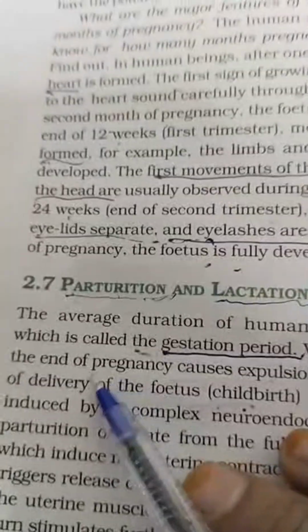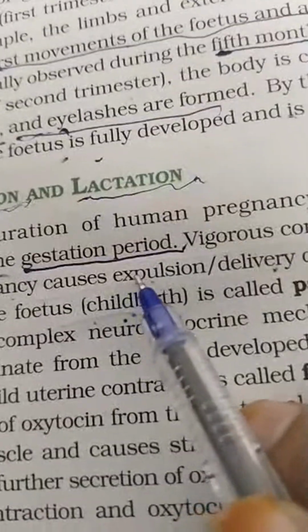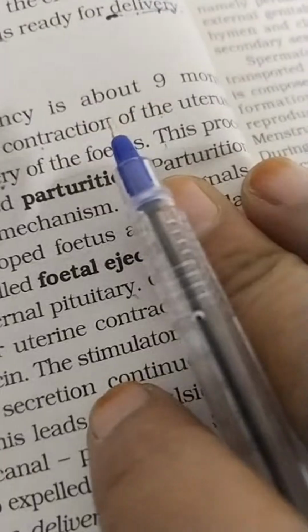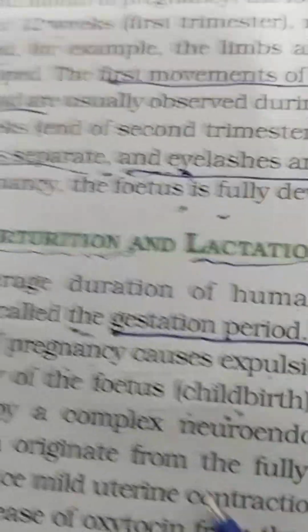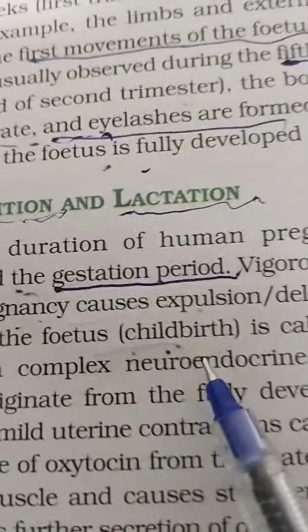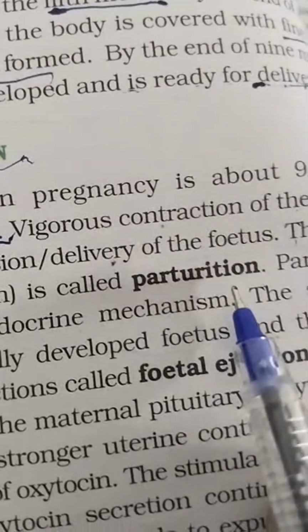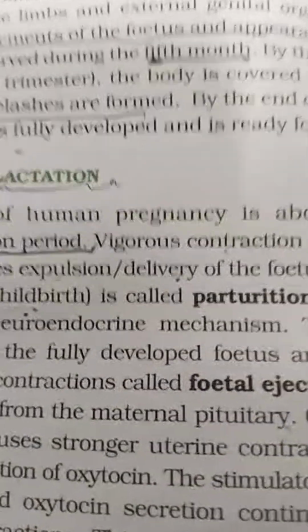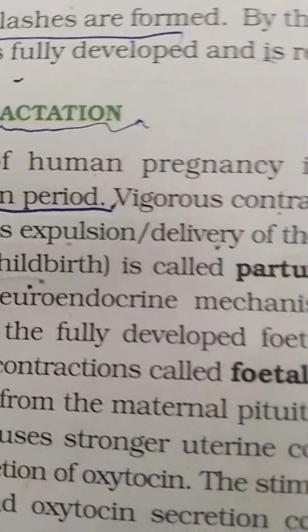Here, vigorous contractions of the uterus at the end of pregnancy cause expulsion or delivery of that fetus. See, this process of delivery of the fetus, childbirth, is called parturition. Parturition is induced by a complex neuroendocrine mechanism. The signals for parturition originate from the fully developed fetus and placenta, which induce mild uterine contractions called fetal ejection